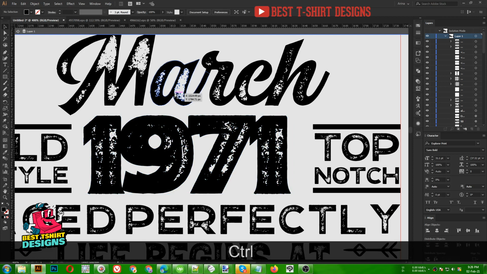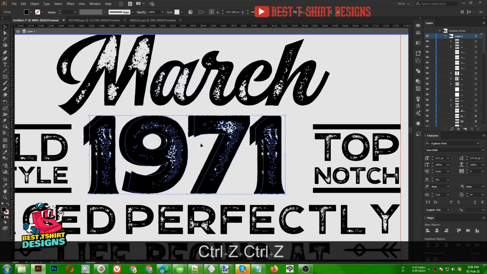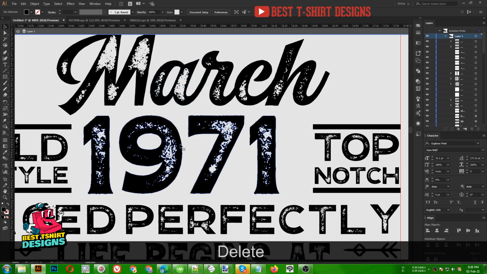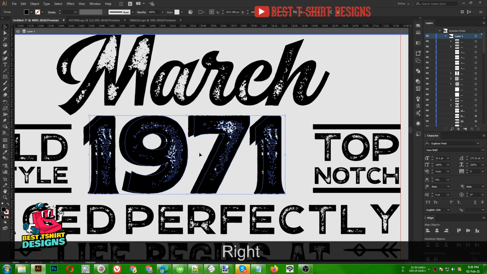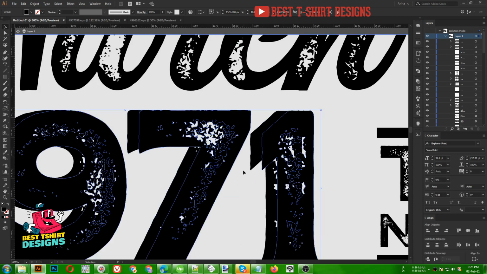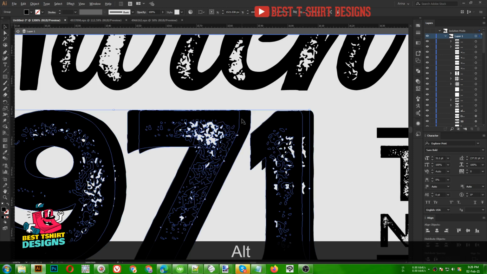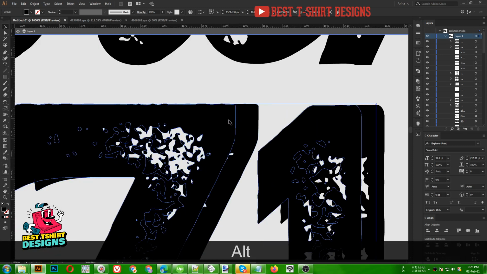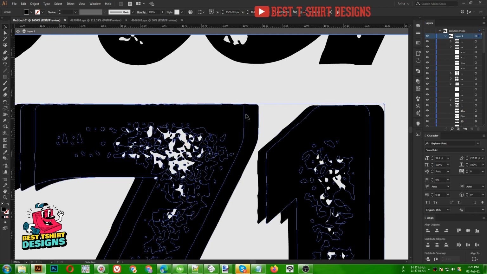Sorry for that, let's do it again. So this is my text, Ctrl C to copy it, Ctrl B to paste it in the background. Now I am going to make it something like this much positioned, then I am going to press Ctrl F again, that is going to paste my same text in the same place. I am going to move it just a little bit, maybe this much,